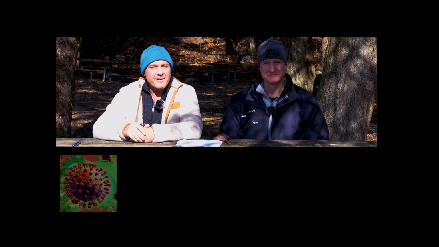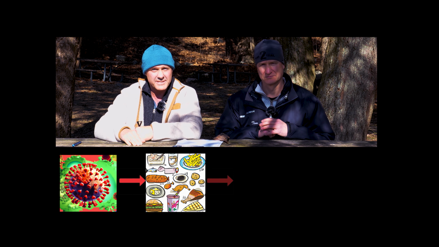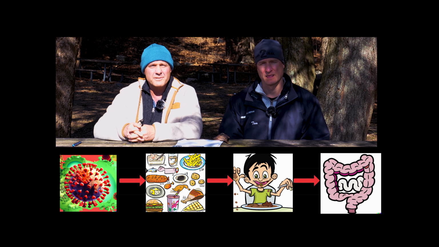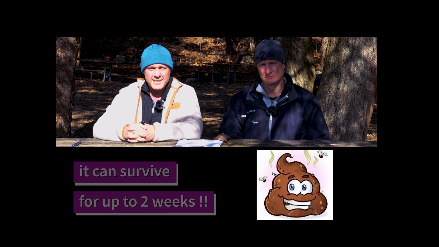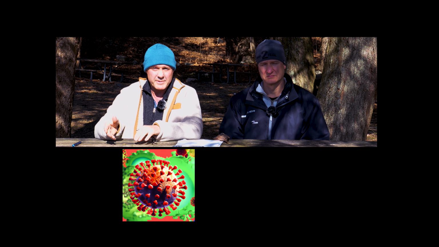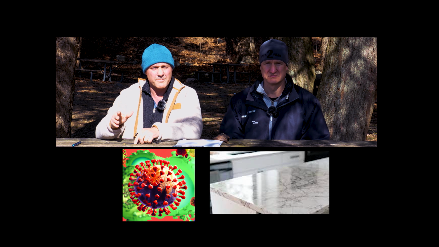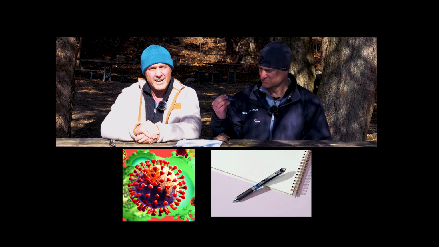The virus literally travels from the food you're eating or from the object you touch into your mouth and through your GI tract, all the way through and comes out in your feces. It can survive up to 2 weeks. These viruses, unfortunately, get on people's hands. Once it gets on your hands, it can go on the doorknob, the countertop, the chair, glasses, the pen. Next person touches the pen, now has it on his hand.